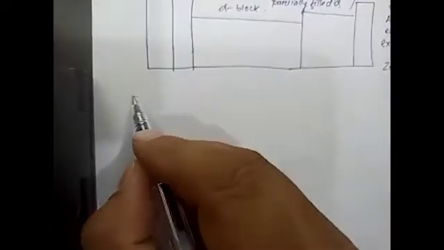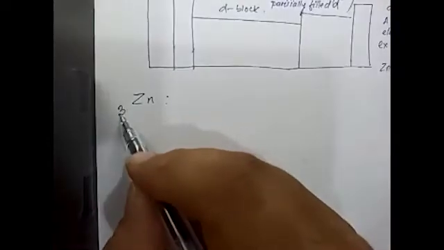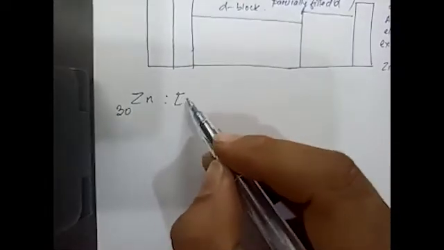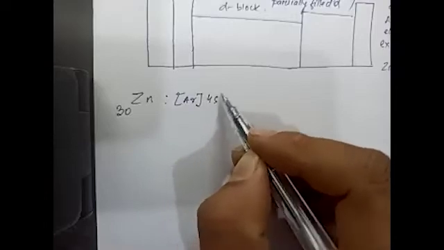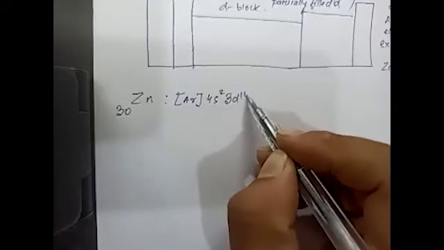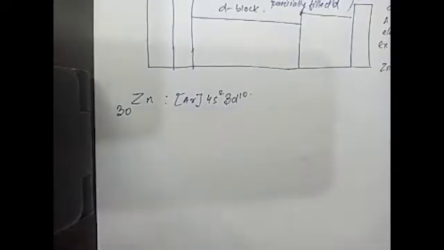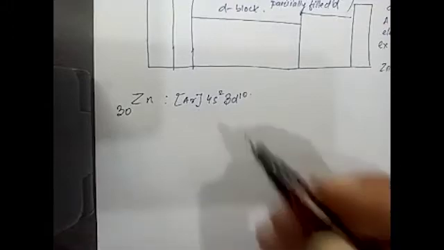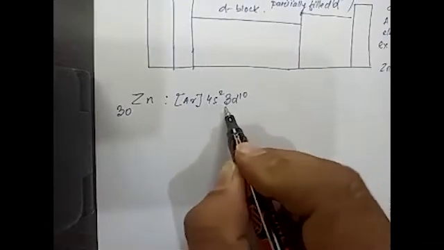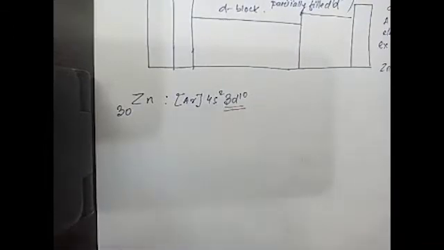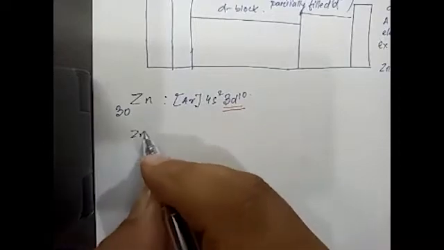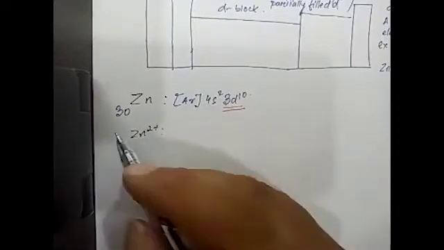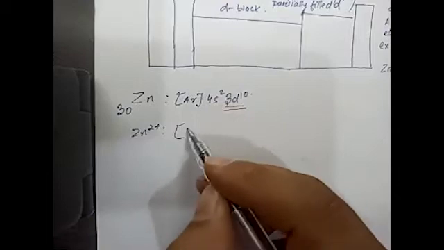Let us see. What is the atomic number of zinc? The atomic number of zinc is 30. So the configuration is argon 4s2 3d10. This is the electronic configuration of zinc, correct? Now if it is zinc 2+, if zinc has oxidation number 2+, then it will become argon